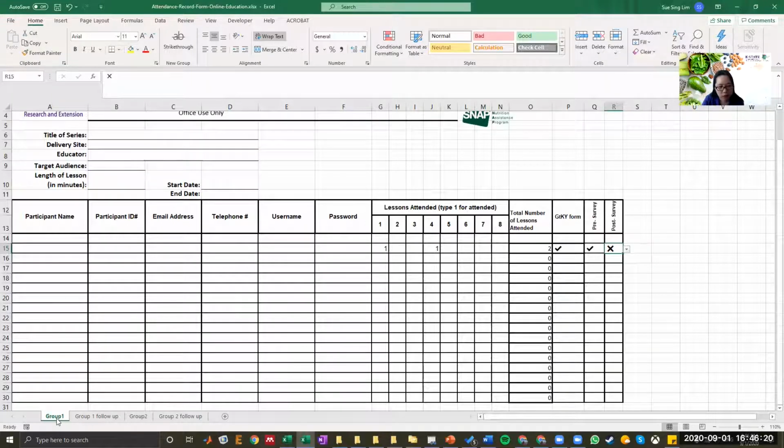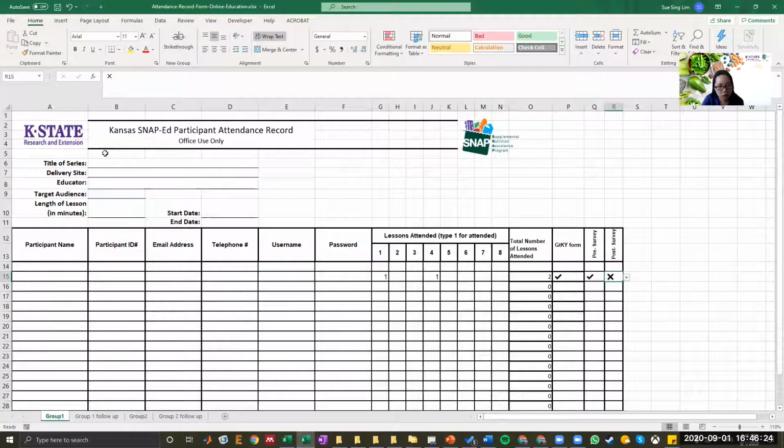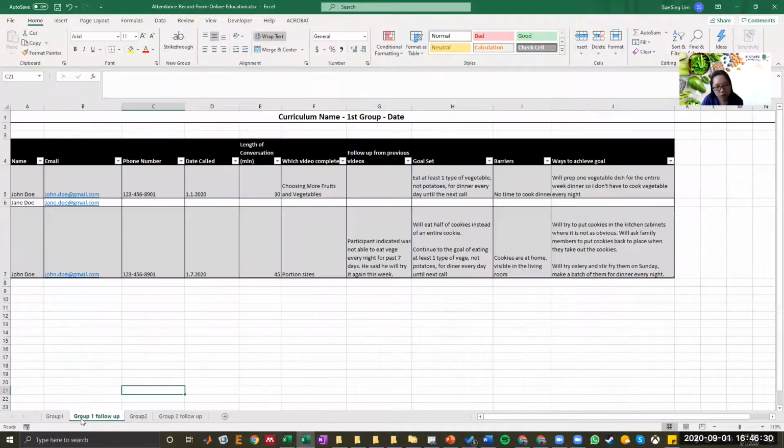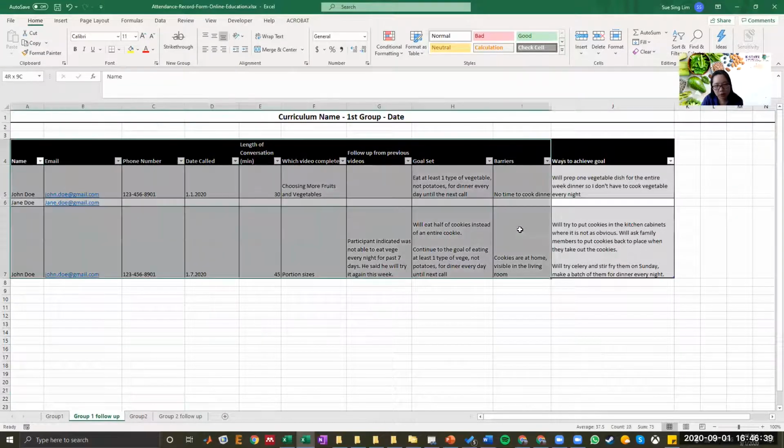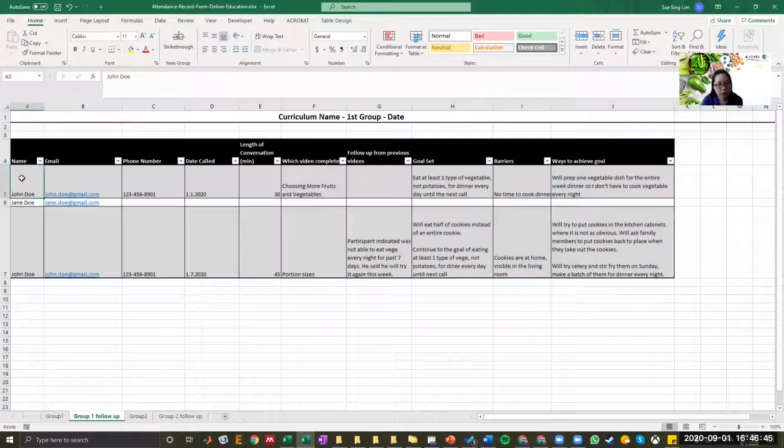Remember here that there are multiple worksheets. Group 1 is for your attendance record form, and I created a tab called Group 1 Follow-up. With Group 1 Follow-up, assuming that you are using Eat Smart Move More, you can use this template to help you keep track of the conversations you have with each participant. For example, we have John Doe